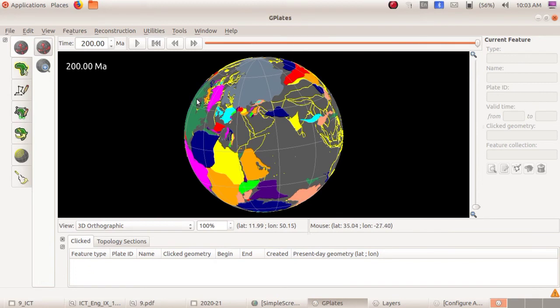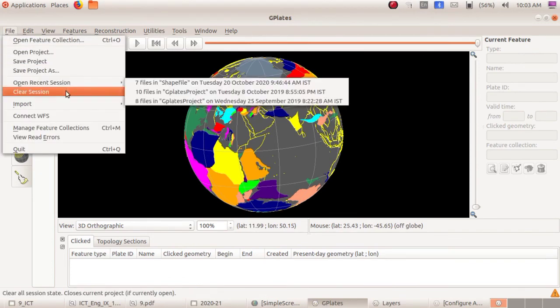We can exit from full screen and restore the window. So these are all about the geographical plates in different colors, the toggle visibility, projection in many ways, and animation. Now we can save it.